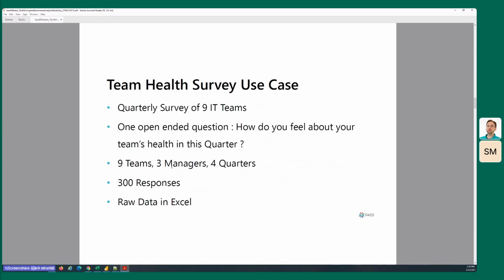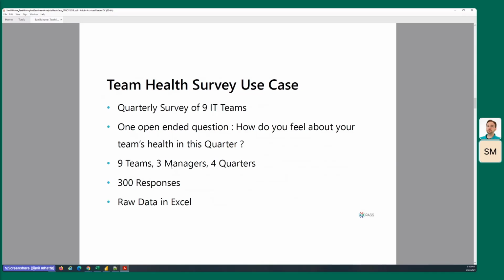All right. So we are going to go through this talk using a real life example. My company runs the IT shop in an agile fashion, and most agile teams have a sprint retro.